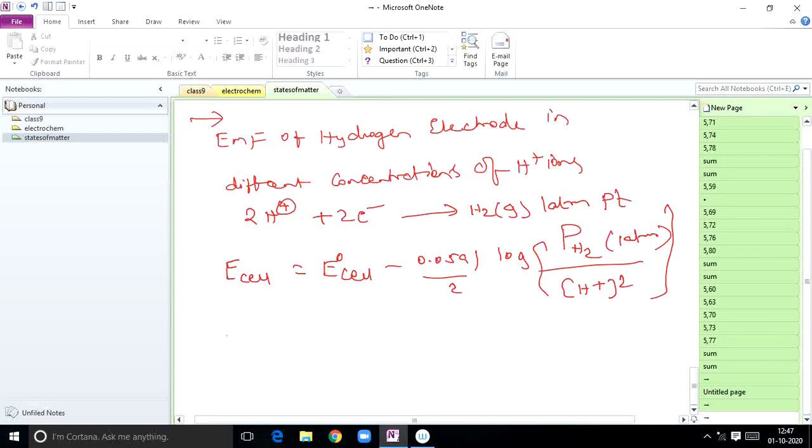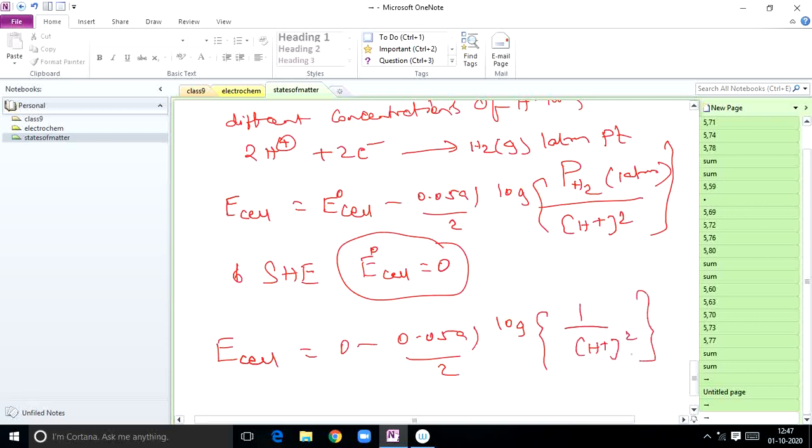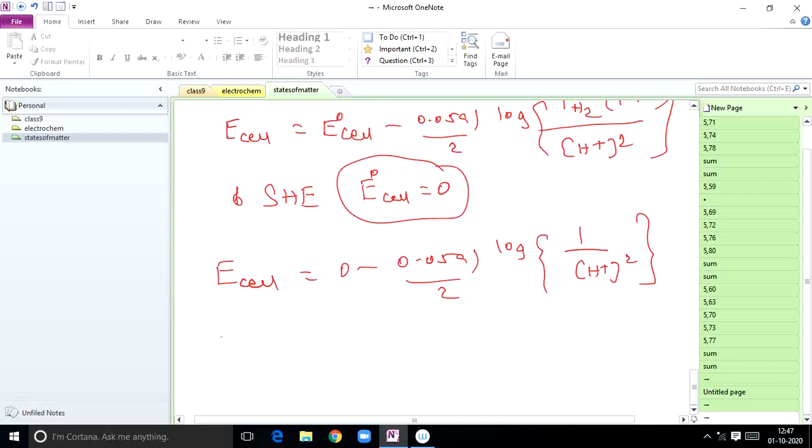So in case of SHE, standard hydrogen electrode, what is the standard E naught cell value? It is equal to 0. Already you know that point. So then E cell is equal to 0 minus 0.0591 by 2 log of, so this one pressure at 1 atmosphere, now you can take 1 by concentration of H plus whole square. Okay students, now E cell is equal to,